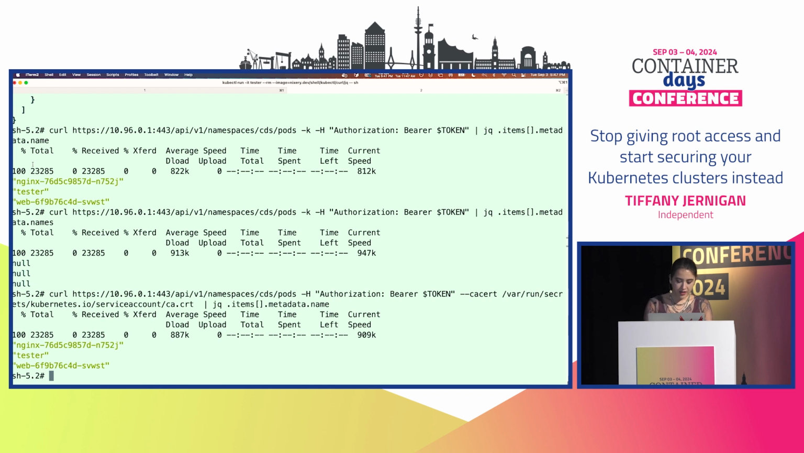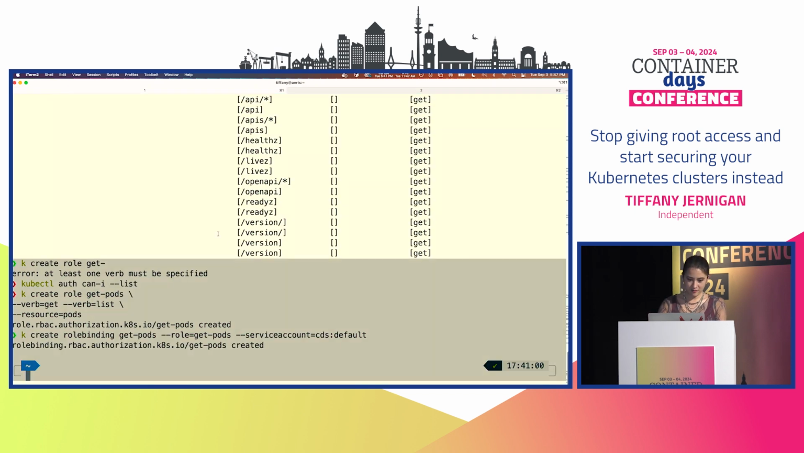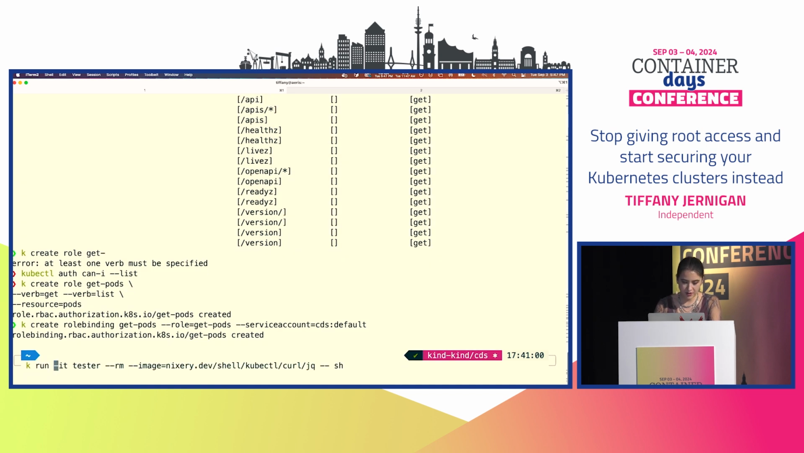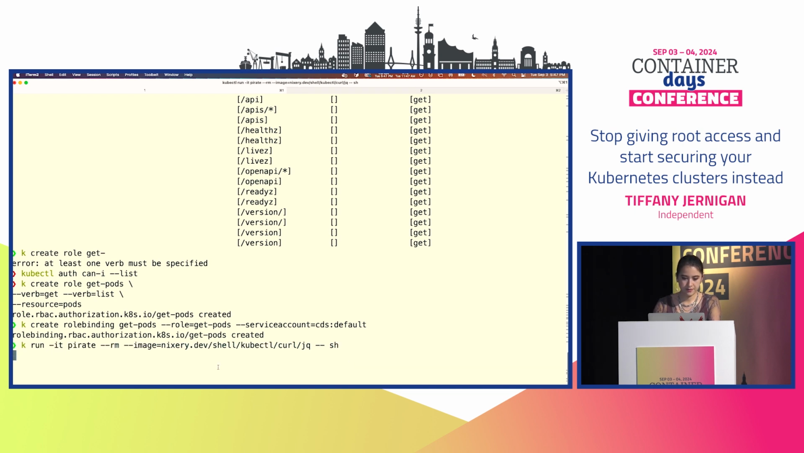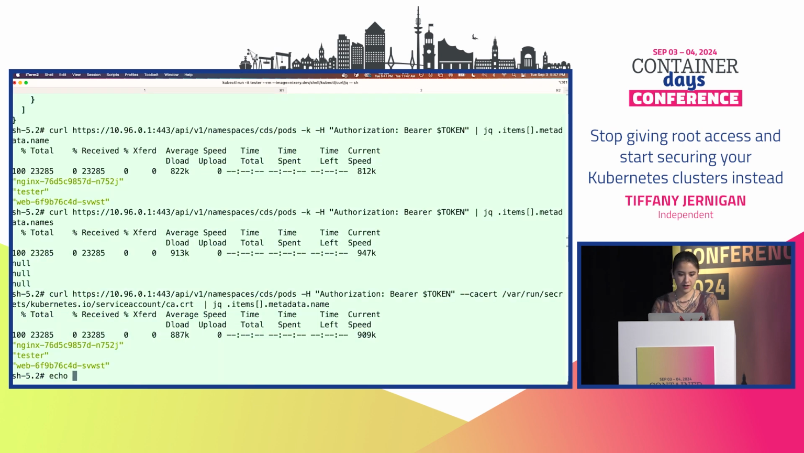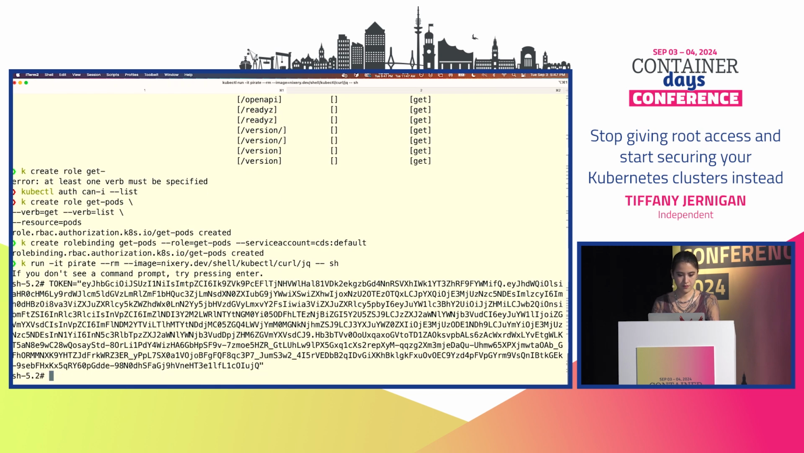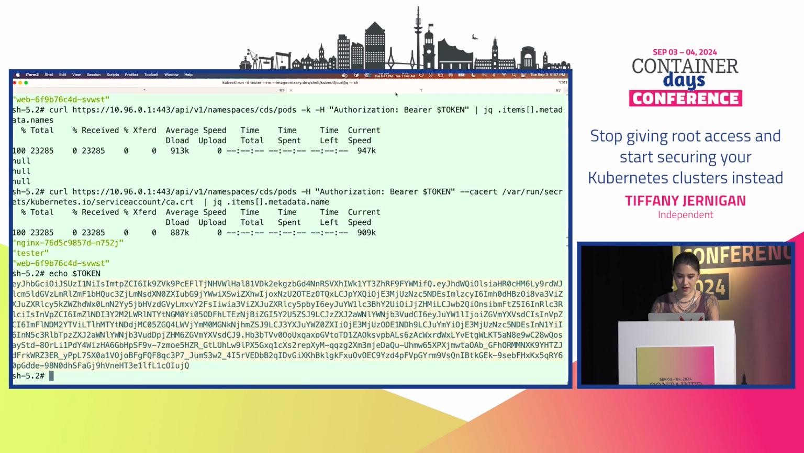Okay, so now if I go back over here, I'm just going to create another pod that I'm going to run from inside of. So let's do that. Okay, so what I'm going to do here is set the token to the one I have over here. And then if I were to just copy this curl,